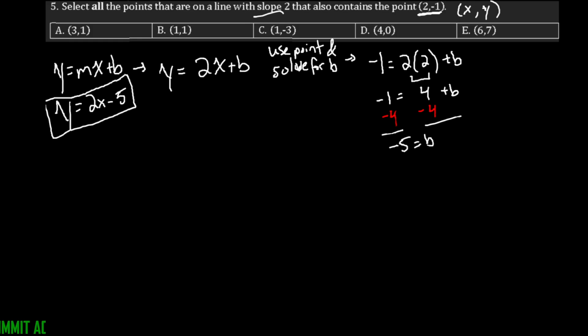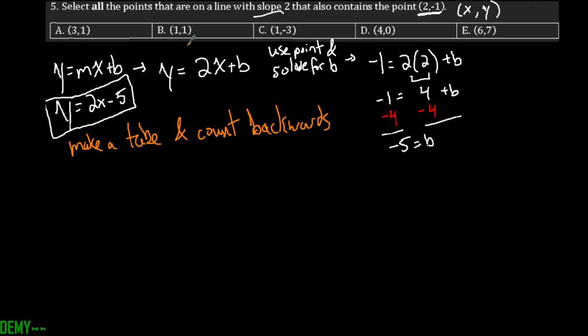So let's do an orange now. Let's make a table and count backwards. And what I mean by that is we say our slope is 2. So if we wanted to, we could say slope equals 2, which is 2 over 1, which is the same thing as negative 2 over negative 1. And the reason why I want to count backwards is because if we need to find